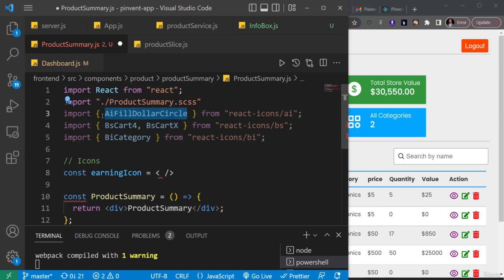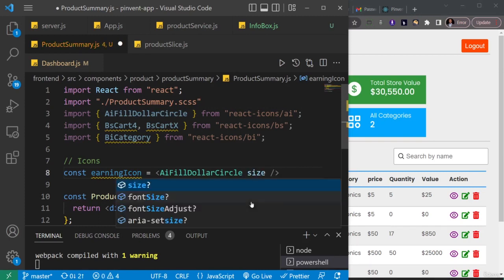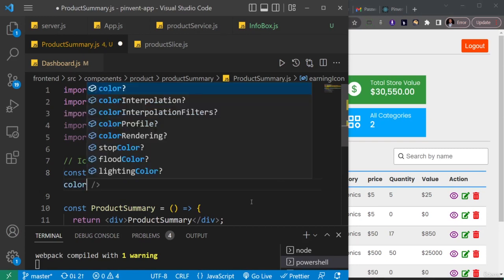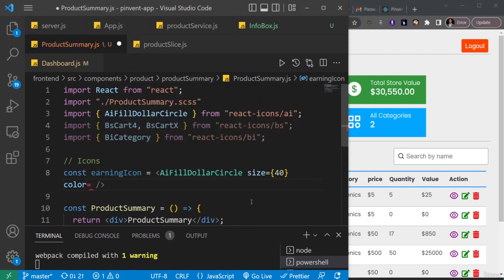So I'll grab that, copy that, and then paste that in. Now this icon is going to have a size of 40. Then it's going to have a color, everything is going to have a color of white. So color, and that's going to be equal to,